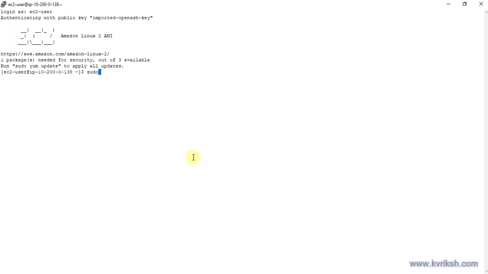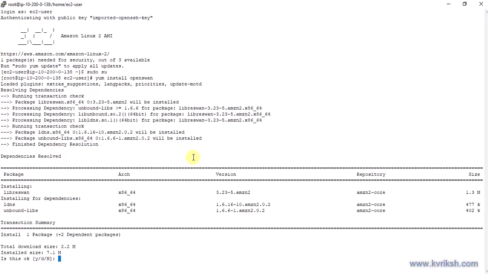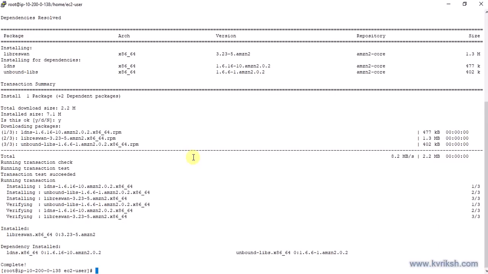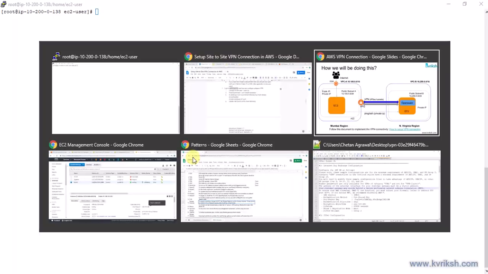Once I log in, I'll just change myself to sudo root and then I will install the OpenSWAN software. Okay, I installed OpenSWAN, and if you see the next steps here,